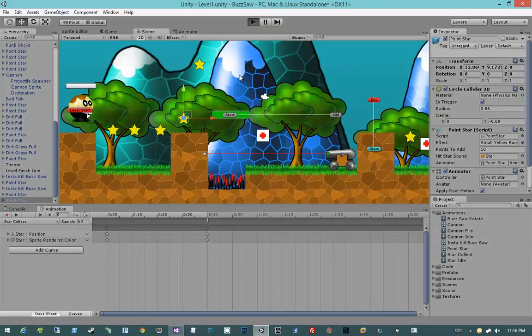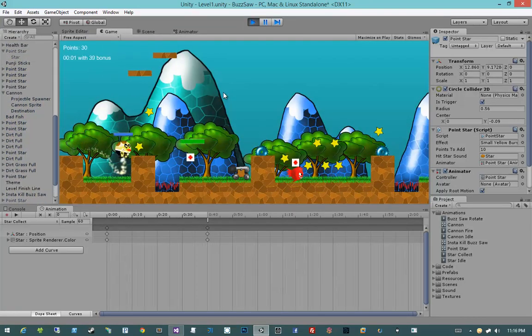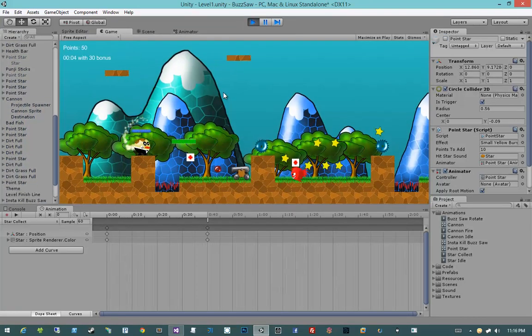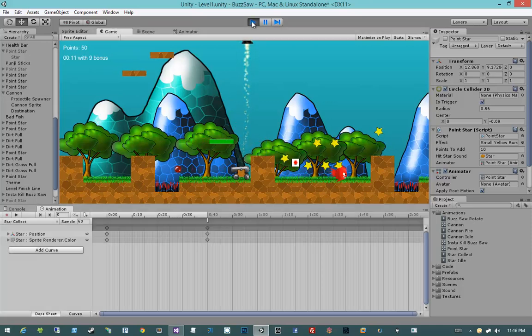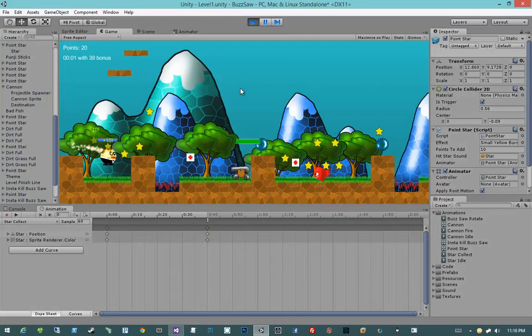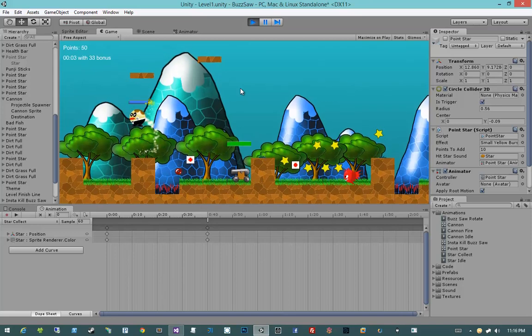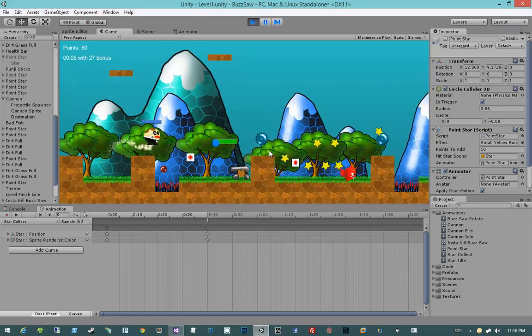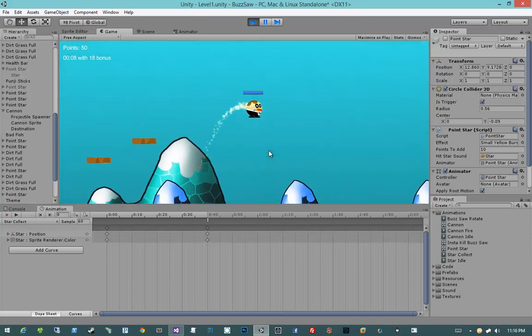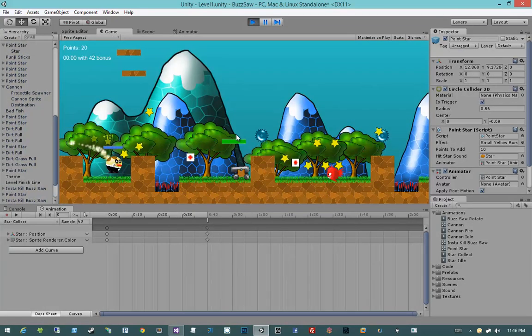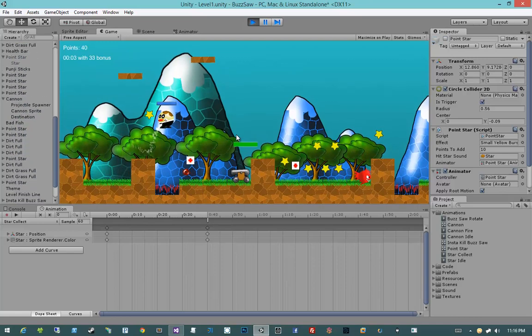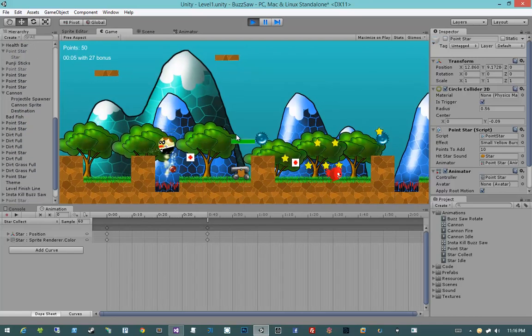Seems like we might have a bit of a bug here. Let's see here. Let's go ahead and restart. Okay, we're getting a slightly unintended effect that I actually really like. If we restart, you'll see that the stars will actually come up and then drop down. That was completely unintentional on my part, but the reason why that's happening